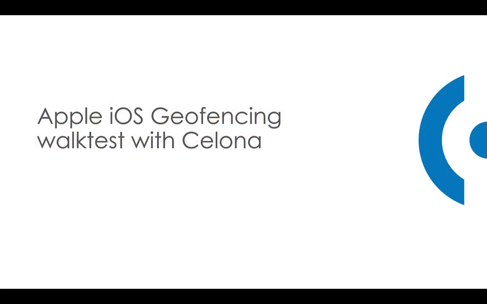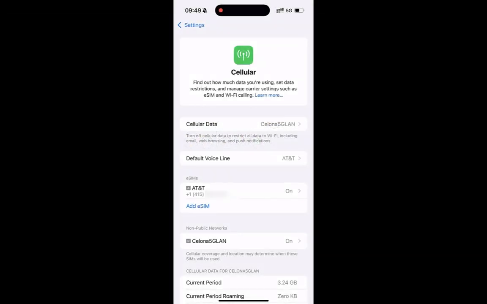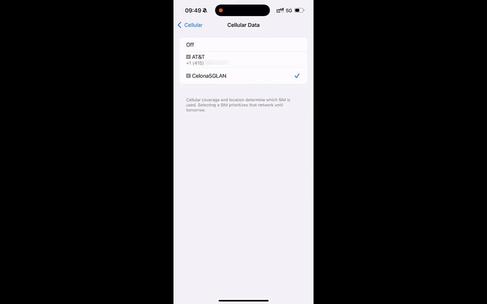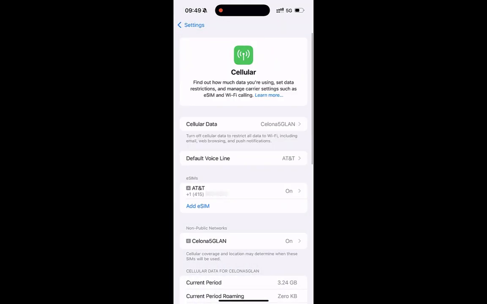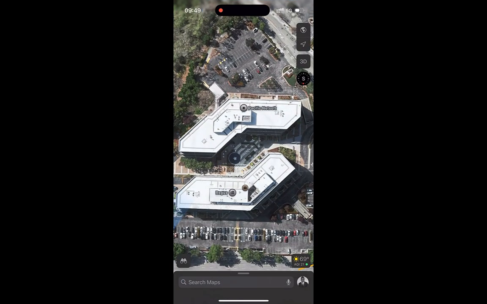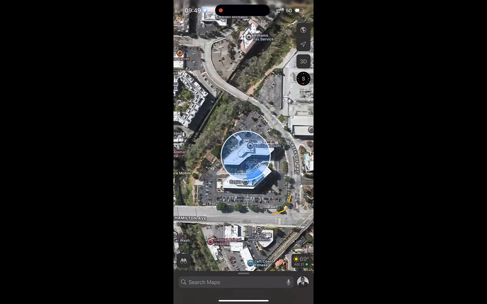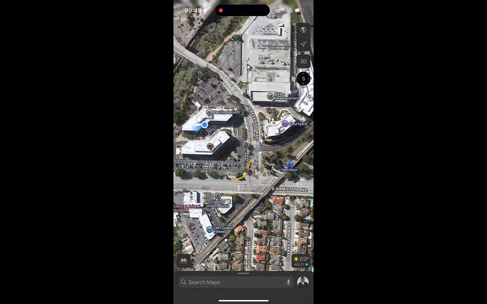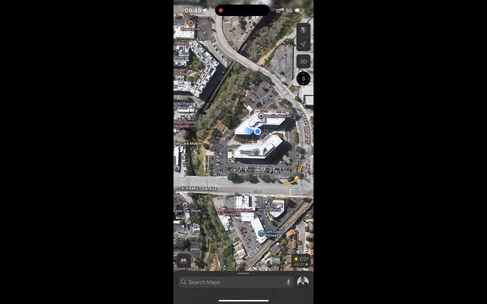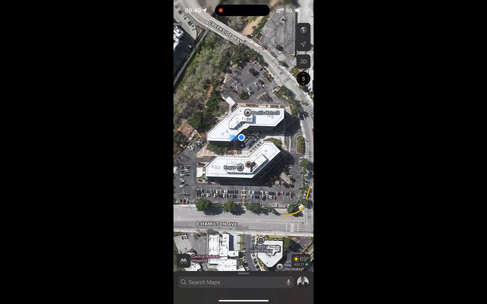Let's look at an iPhone screen recording video that I made to demonstrate how iOS geofencing can automatically enable and disable a Celona SIM as we enter and leave an area. In this recording, I will speed up the video where I'm walking and slow it down when we look at the phone detail. I have defined the center of a circle of Celona coverage in the middle of a courtyard between two buildings at the Celona headquarters in Campbell, California. I have set the circle for 50 meters, which takes it up to the parking lot area west of the